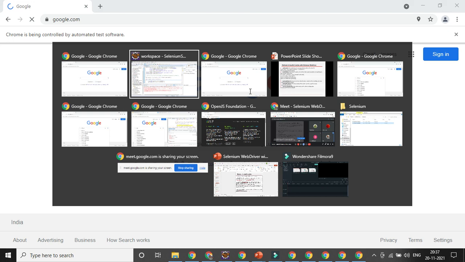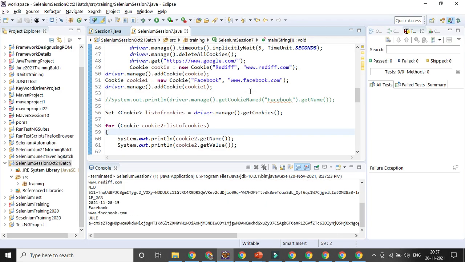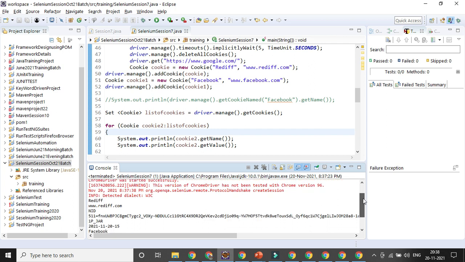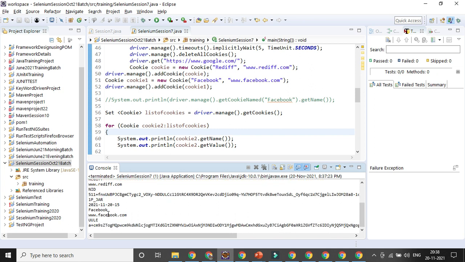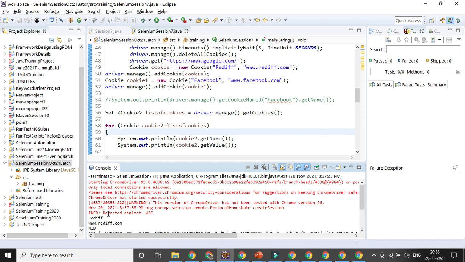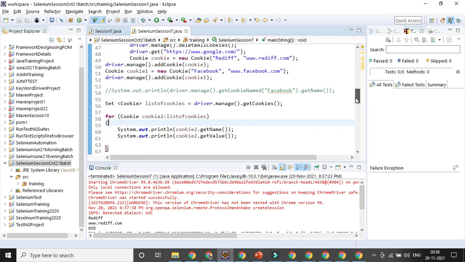You can get all the important methods, which are nothing but add cookie, delete cookie, get cookies, right? Get cookie named, or maybe get cookies, delete cookie name. You can see here, apart from whatever you have added, these are the list of cookies already stored here. So you can get each and every cookie's name and value. These are the different cookies already stored in my system. Sometimes some cookies get added by default, so in case you want to know what is getting added, you can get it.